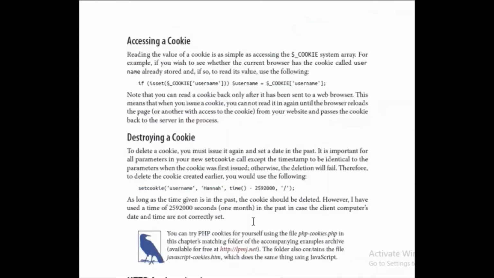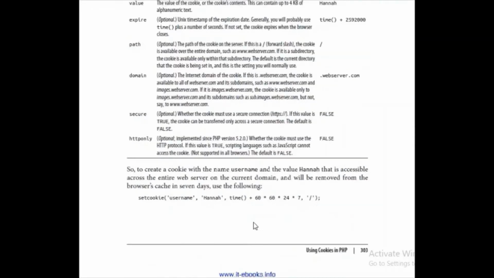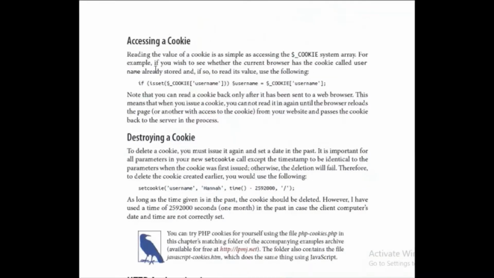Then, if you want to check whether a cookie is set or not, because usually we set the cookie to keep track of the user's information. For example, if the user has logged in, you can create a cookie with the name login name or username, and its value would be the value of the user who has logged in. So you keep track of that user's information, and you can use isset to check whether a cookie is set or not. See, $_COOKIE, the way you use $_GET and $_POST. This command is checking if the cookie is set.